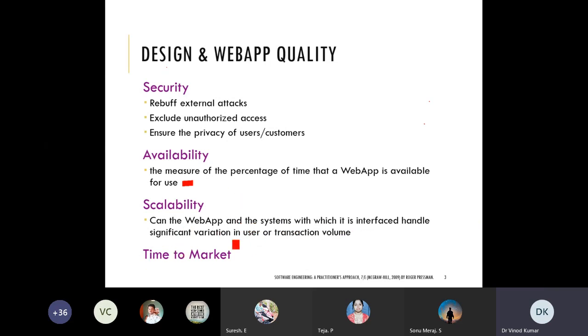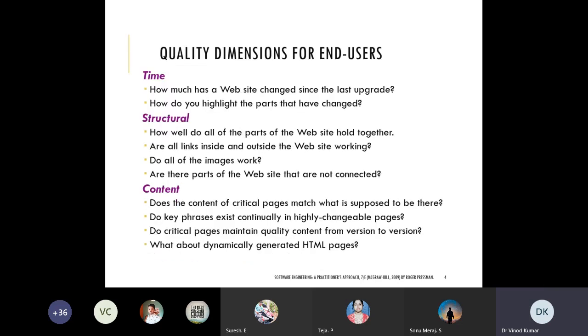Time to market. Time to market means whenever you develop any website, it needs to go to the end users. So that time we need to consider, it should be very less. Next, how much has a website changed since the last upgrade? So this is also one point that needs to be considered. If you are frequently changing your websites, users have their perceptions.